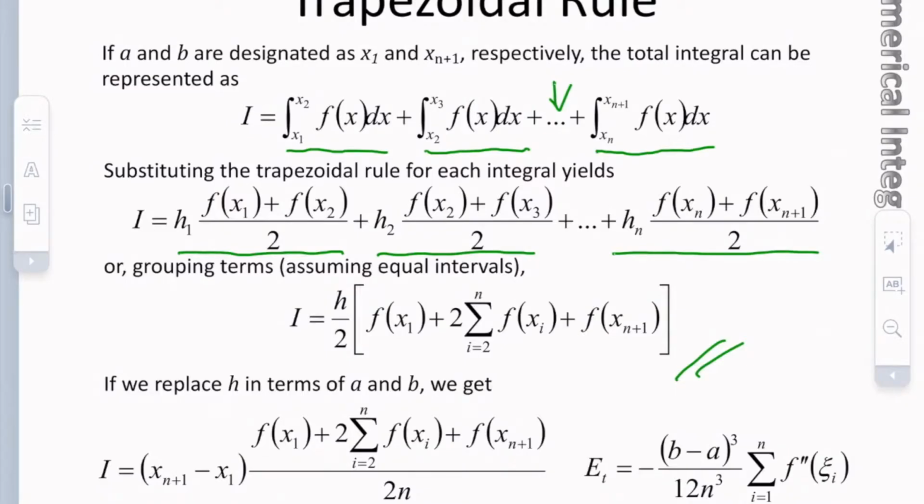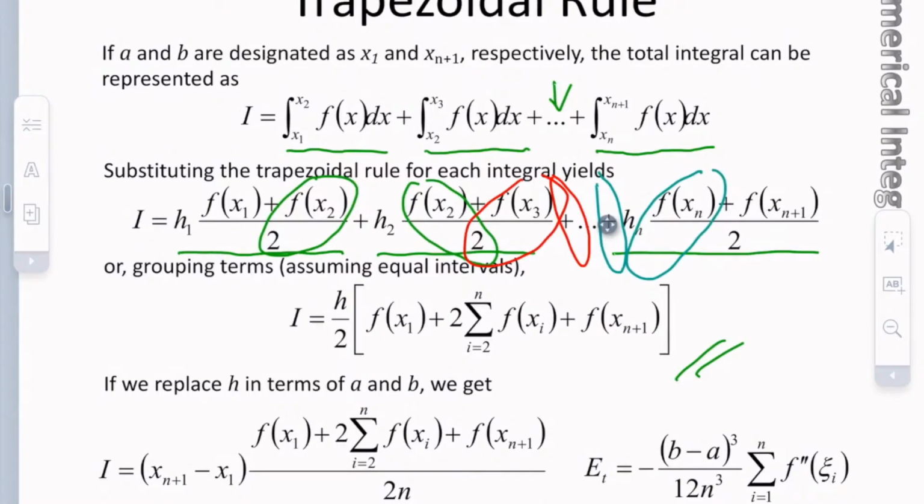How do we do that? Notice that this term and this term are the same. Also, there's a term here, f of x3 divided by 2, and there's another term here, which is f of x3 divided by 2, and so on and so forth. Finally, towards the end, you have a term f of x sub n divided by 2, and another term here, f of x sub n divided by 2, which you also combine. These terms that I've shown with colors